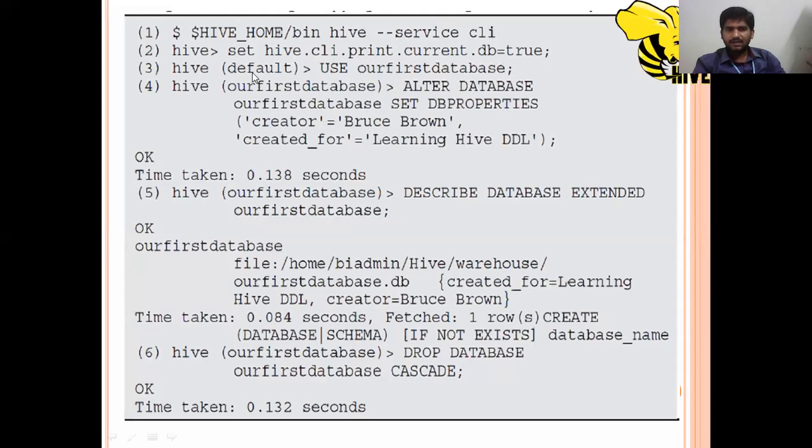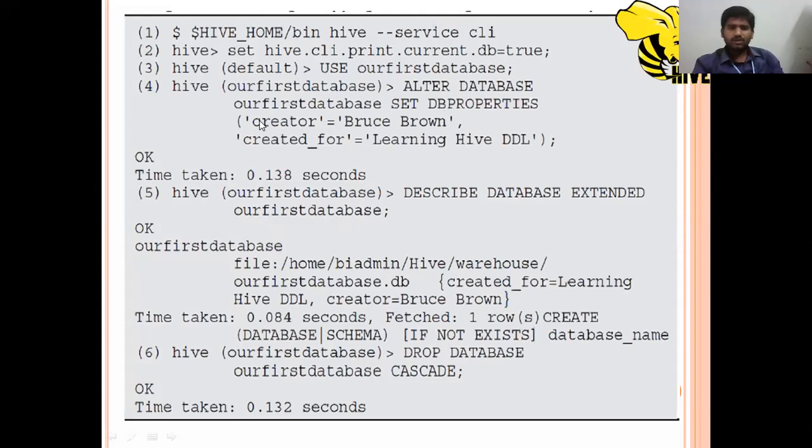This database table needs some more information. For example, we created the database table but didn't give any information, so now we give it some more information. For that we use the alter database command on our first database, set DB properties.